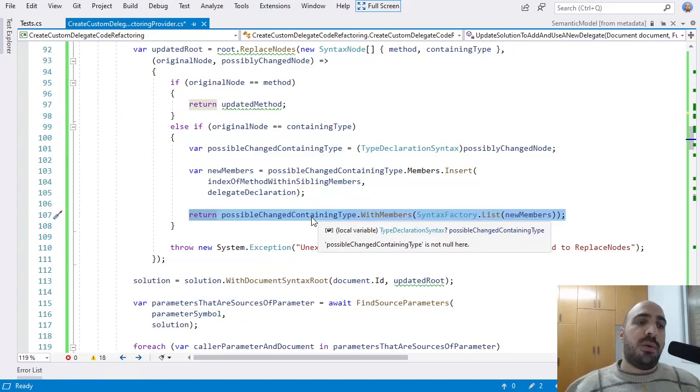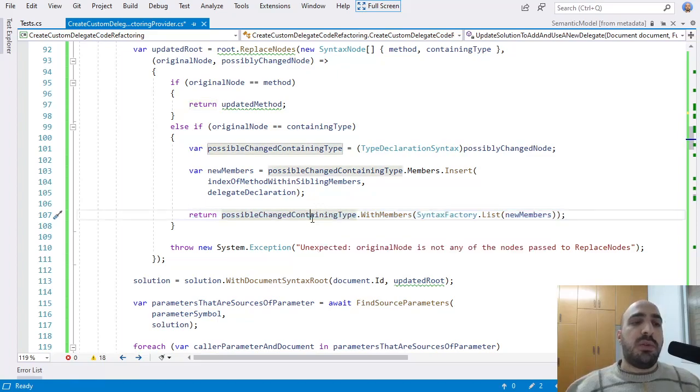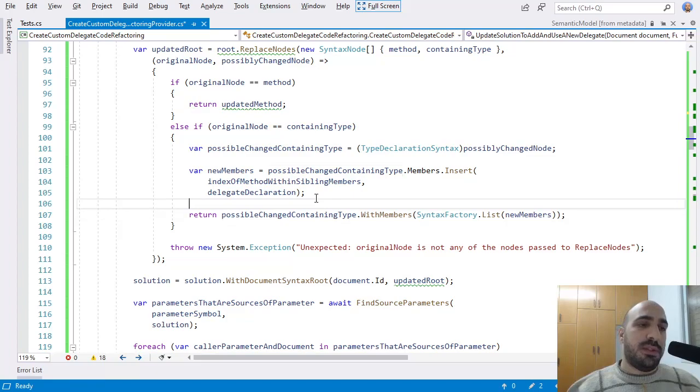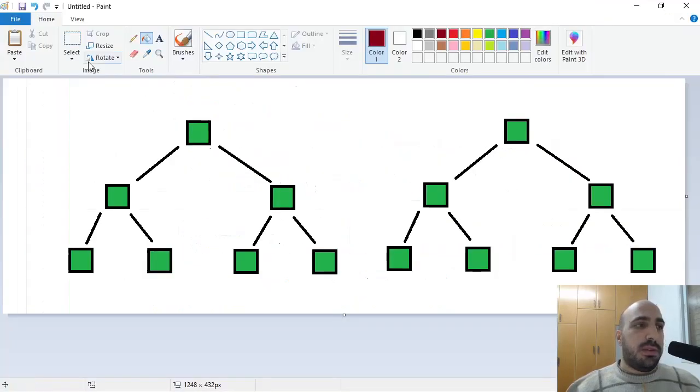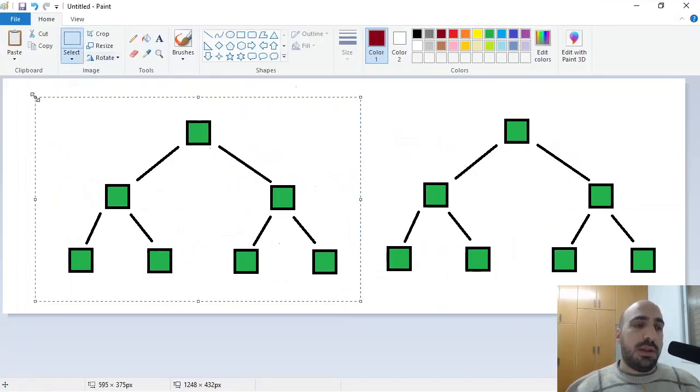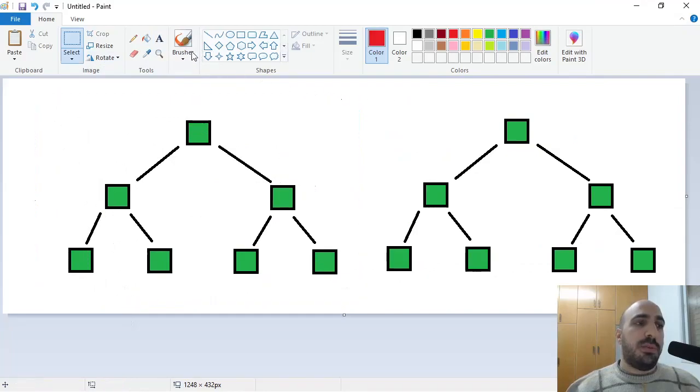And as I said before, this is true because you should be able to traverse the whole tree from a single node, right? So this is very important. Let me explain this to you with some images. So here I have one tree, right? Let's say that I want to update one node, right? This one here, okay?